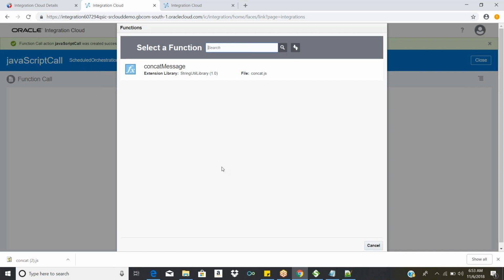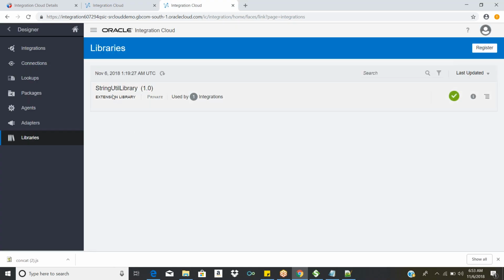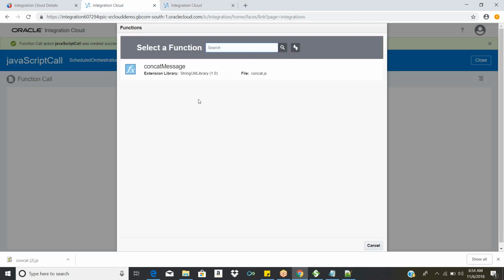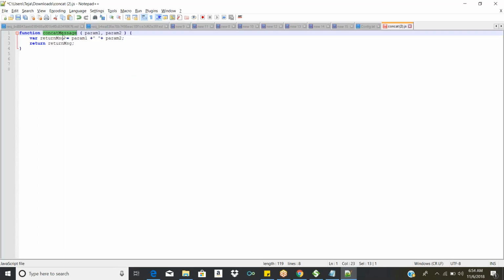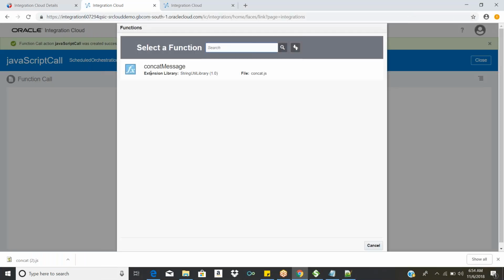In this screen, as of now, we have one library imported in this environment. In case you build some JavaScript functions, maybe 10 JavaScript files, and import all of them, you can see them here. As of now, we have only one JavaScript library with only one function, concat message, so it's showing only that one function in this string util library.